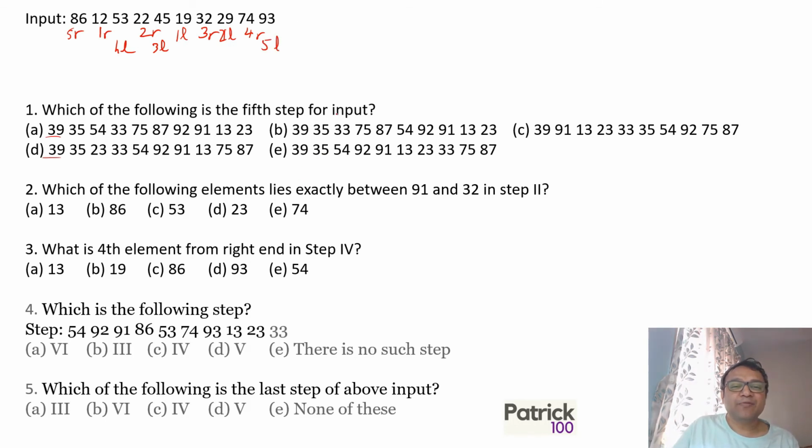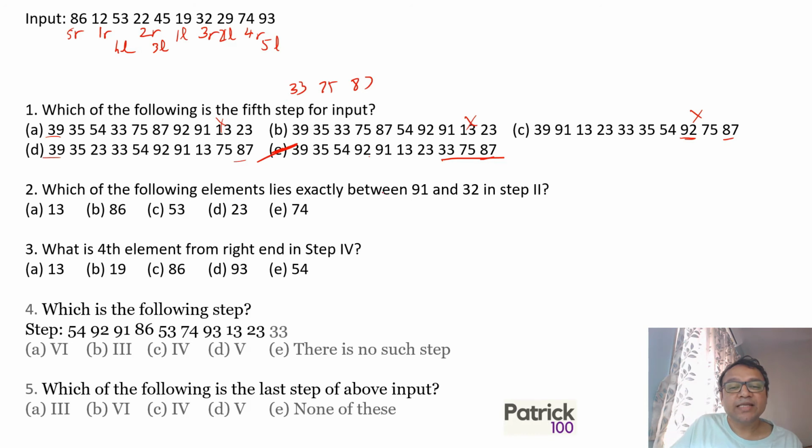Which of the following is the fifth step for input? Now, fifth step. If you look at the last element everywhere, in step 3 it is 87, in step 2 it is 23. So what will be the last element? In the fifth step 86 will become 87. So we know 87 is the last element. So these two are ruled out. Next, 75 is in all three options. Next 92. No, it cannot be 92. This will be wrong. Because if you look at the right hand side elements, 87, 75, then the third right element, if you look at 32, will become 33. So 33 means it's E option. So that will be the answer. So 33, 75, 87.